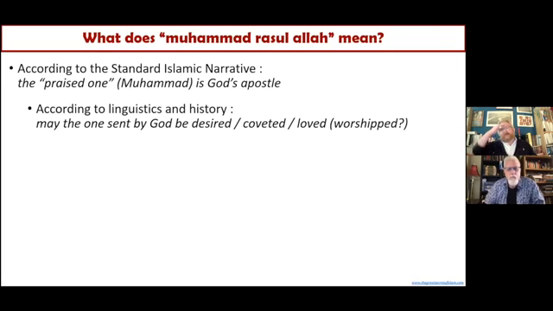excuse me, not a title, a passive participle, which means not Muhammad is sent by God, but the one sent by God is Muhammad, which is he is to be desired, he is to be coveted, he is to be loved, or even worshipped. So the phrase Muhammad Rasulullah could mean, may the one sent by God be worshipped, loved, coveted, desired. And when we looked at this phrase like this,